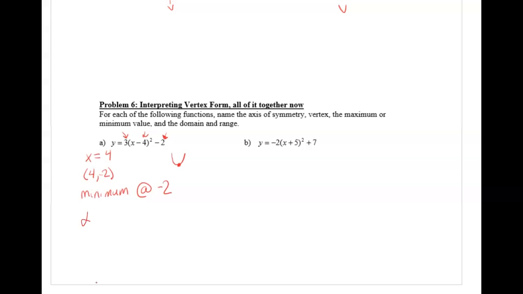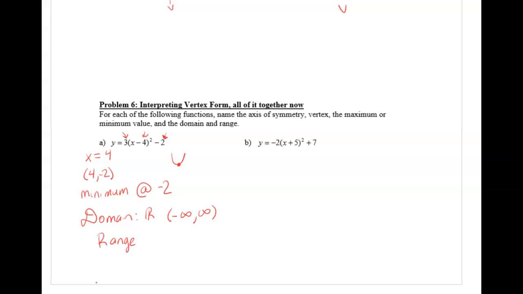My domain of this function, there is not a singular x that I cannot use, so that is all reals. So in set builder, that was that weird R thing from way back in the day. Or in interval notation, I can plug in everything to the left on my number line and everything to the right on my number line. My range